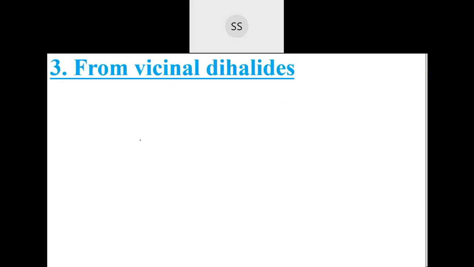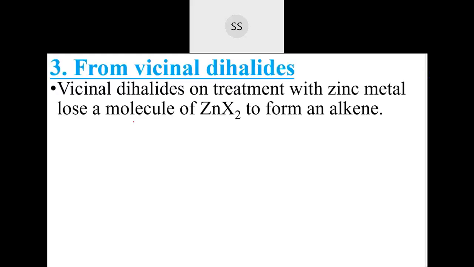In brief you saw what the reaction was. I am going to take an example now, an example for this vicinal dihalide. When vicinal dihalides are made to react with zinc, they lose one molecule of ZnX2 to form alkene. That we'll see now. So here I am taking an example of a vicinal dihalide. CH2 and CH2 I have taken. One more valency is remaining, that we will satisfy by taking bromine here. So this is a vicinal compound.